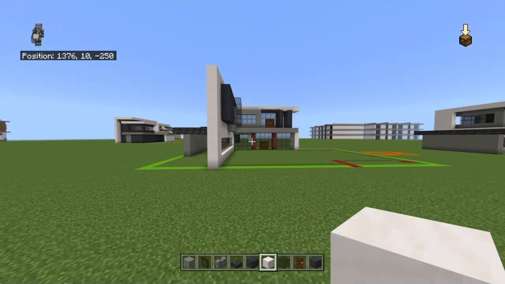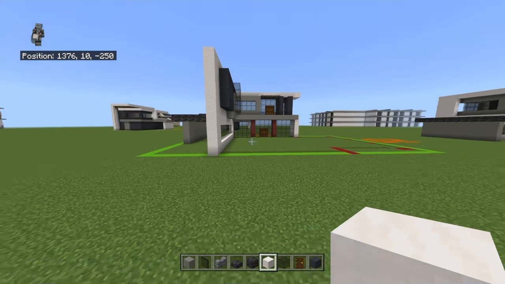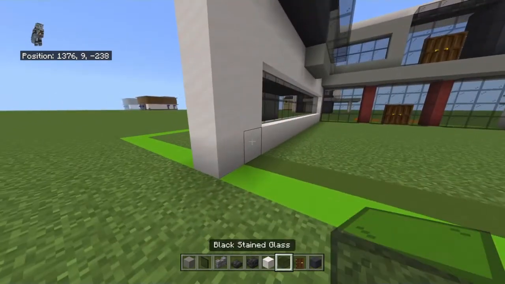So, we're going to orient ourselves as if the front is the back, and the back is the front, and the garage is on the left, and the open side, which we have yet to do, is the right side. So we're just flipping our 2 axes, and obviously not up and down, because that would be weird. But you want to come to the second smooth quartz block going technically backwards, and you want to bring this